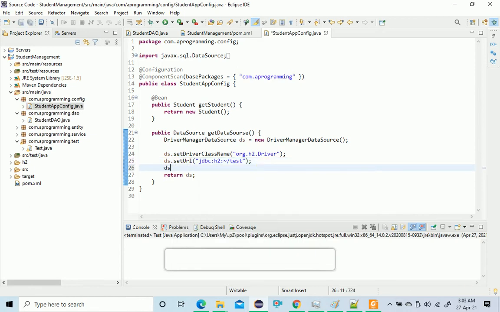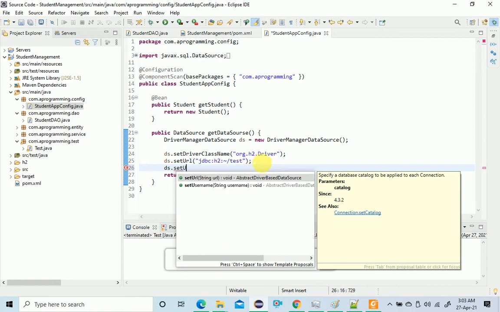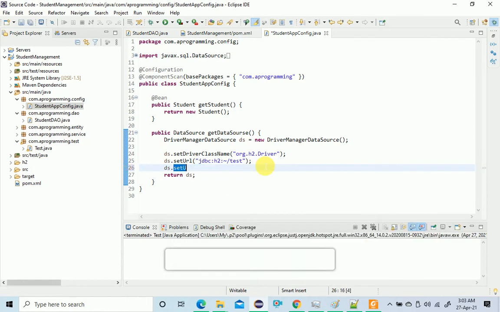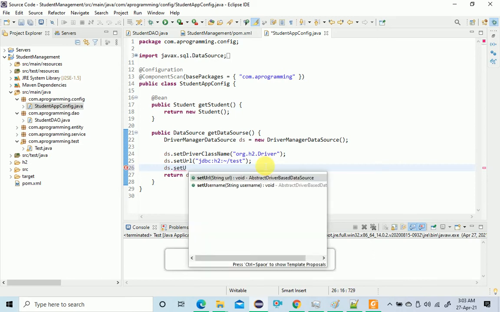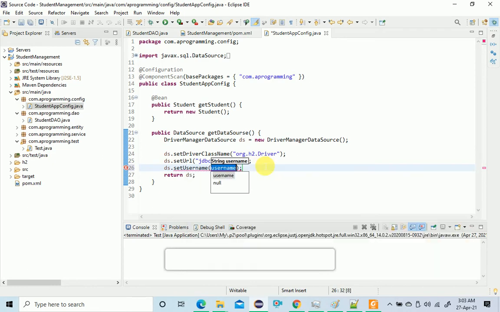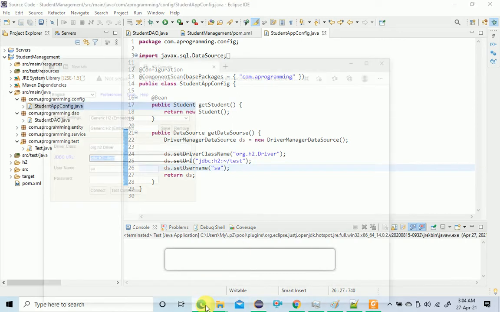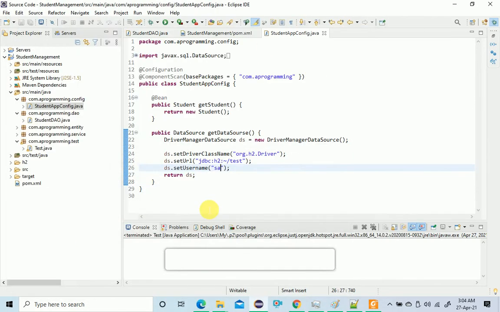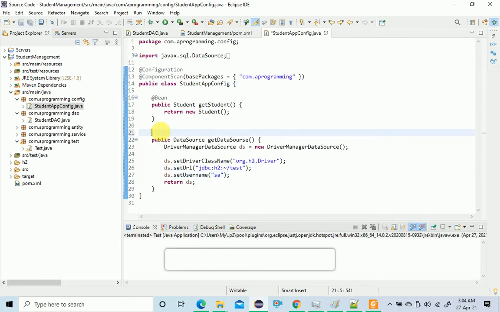Then set one more thing, dot setUsername, Control Z, setUsername, it's SA, and the password is blank, so I'm not going to set the password. Mark with @Bean annotation. Control S. Next I have to create the Spring JdbcTemplate object, so create JdbcTemplate,